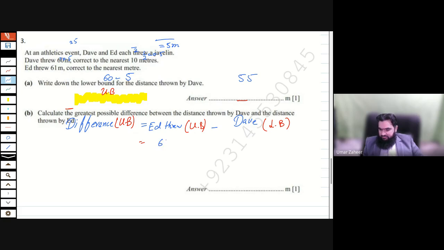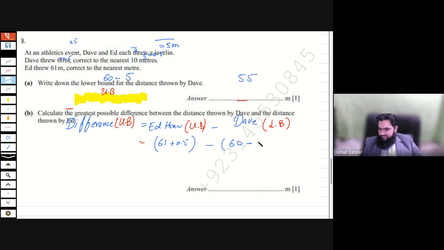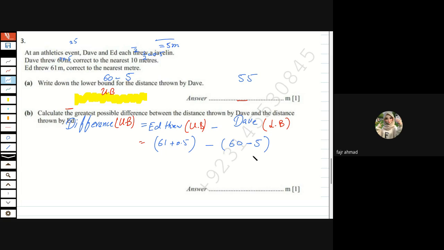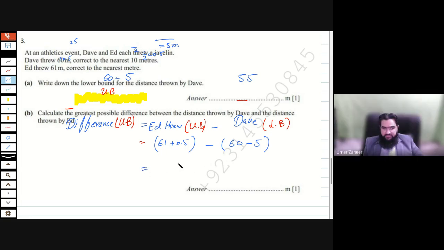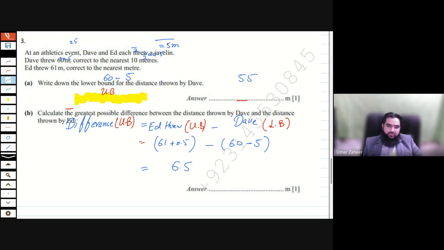Yes, it is 61 plus 0.5 minus 60 minus 5, right? Yes, this is the value. Now the difference is 6.5. Yeah, this is the maximum. Obviously, 4.5 is lesser. We have to find the maximum difference. So maximum difference is going to be 6.5